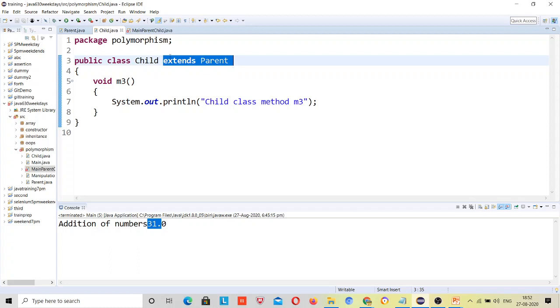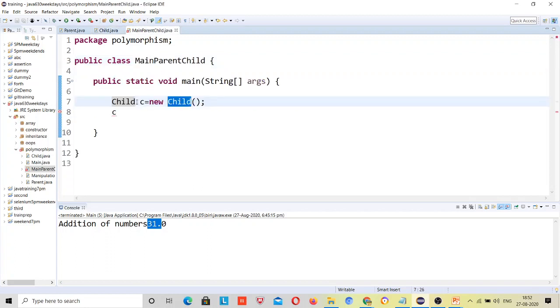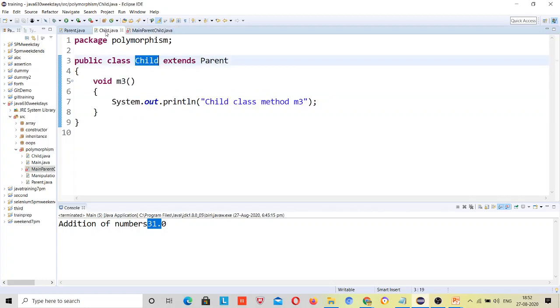So all the methods present in this child class I can call, but that is totally incorrect logic for what you said. Whatever class you make an object for, suppose I have a class A and I make an object for class A, then all methods present inside class A you can call by object dot method name, right? So there is nothing such as extending here. That's why we can call M3, because M3 is present.